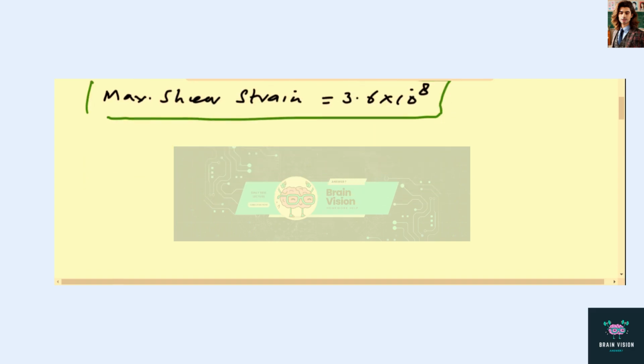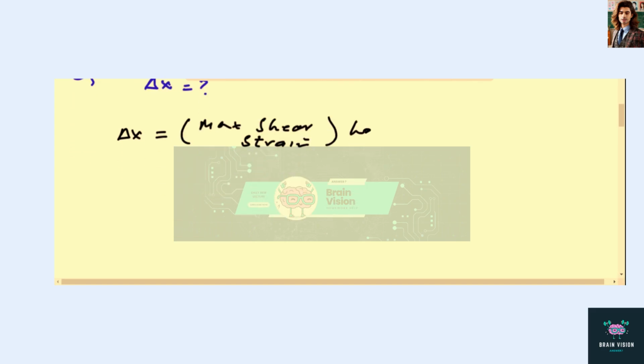In part C of this problem, we have to calculate the maximum possible shear deformation. That is written as delta x. So we can write the equation for delta x from the above equation as this delta x, the possible shear deformation. This should be equal to the maximum possible shear strength multiplied by L naught, which is the length of the object. So by inserting values into this equation, we can write here this delta x is equal to